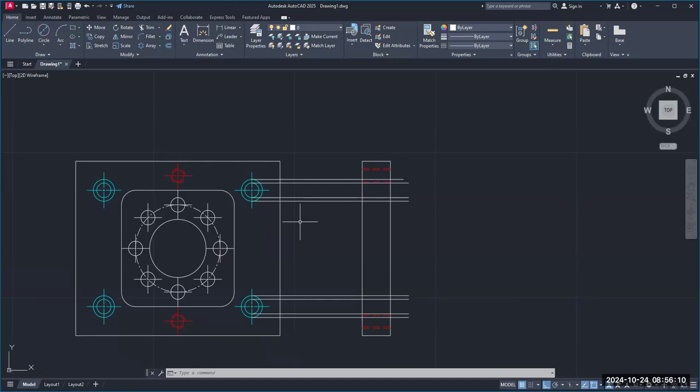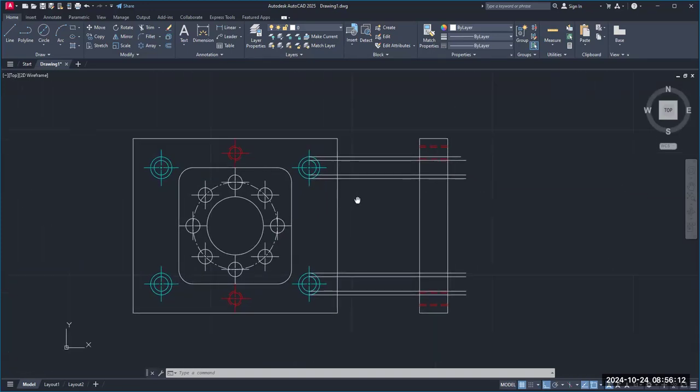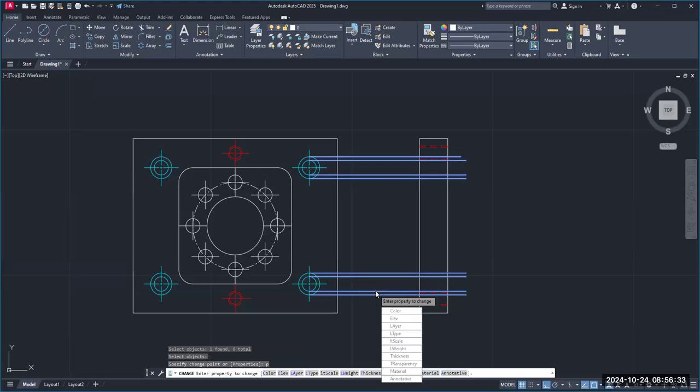Now, what Mr. Morris failed to do, and that's okay. I fail a lot of things, but I usually am able to fix them. Type in the word change, and we're going to click on this line, this line, this line, this line, this line, this line, this line, and this line. Enter, type in P for property, enter. Watch, type in C for color, enter. Type in cyan,